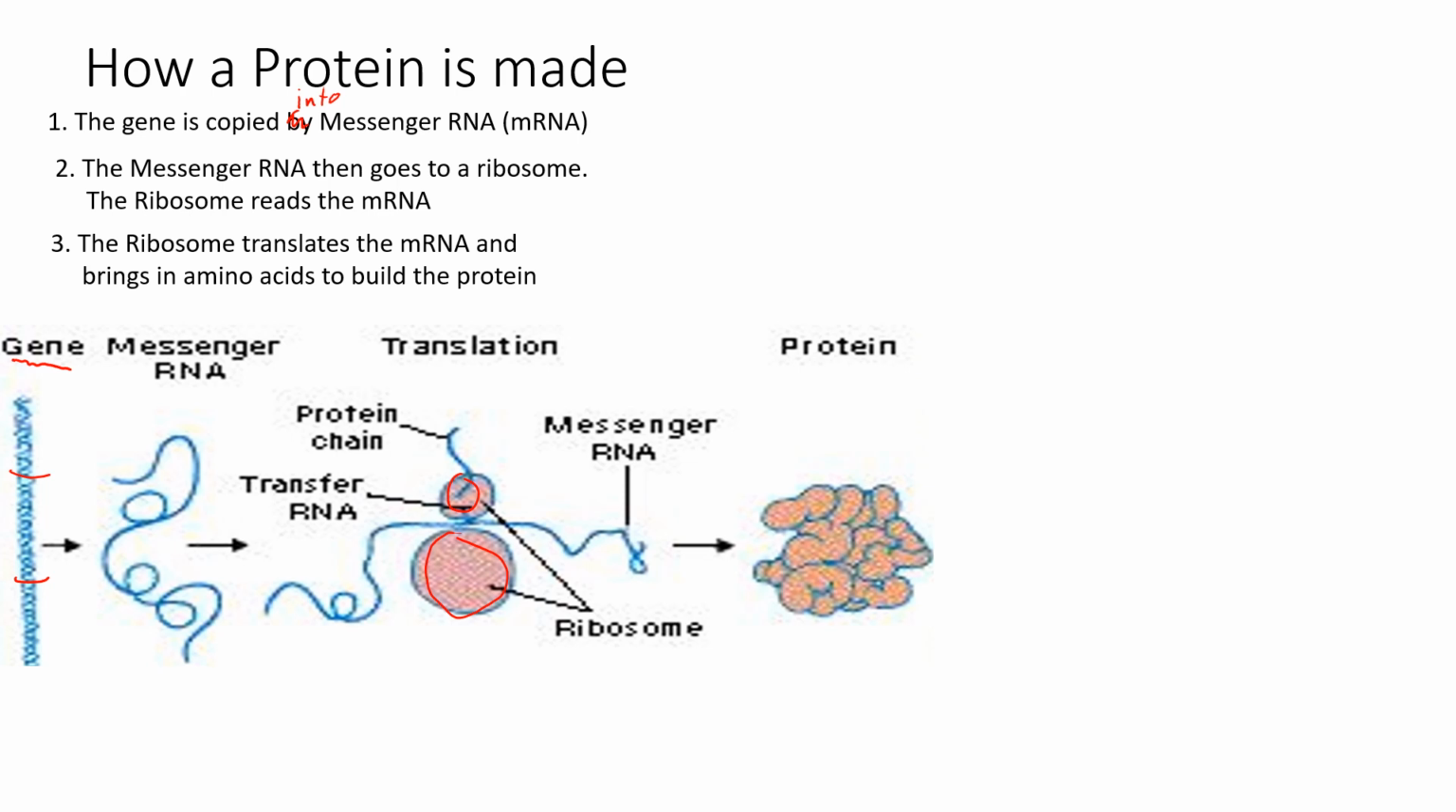Now, this whole process right at the beginning, where it goes from DNA into RNA, is called transcription. The DNA is rewritten into RNA, or in other words, it's transcribed into RNA. And then that RNA is translated into what is called a protein. So there are two parts in making a protein. There's transcription,